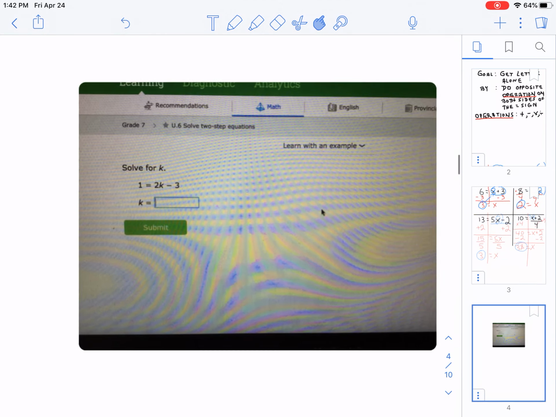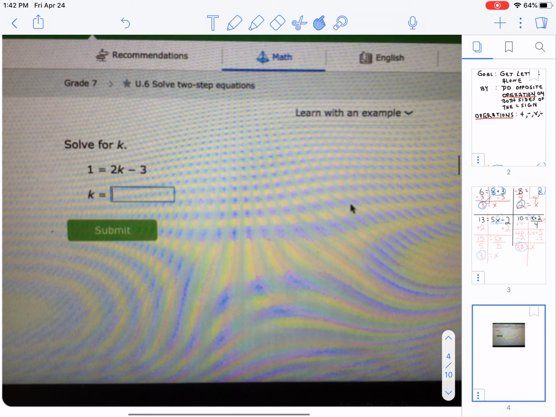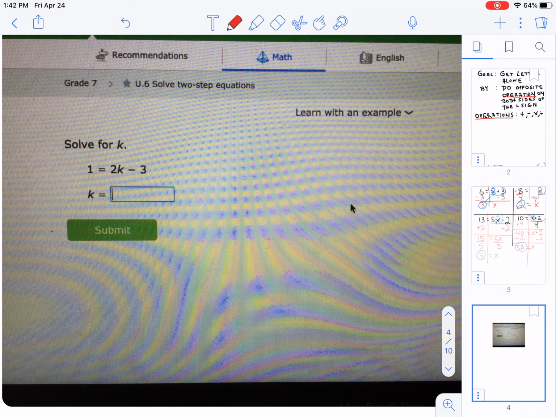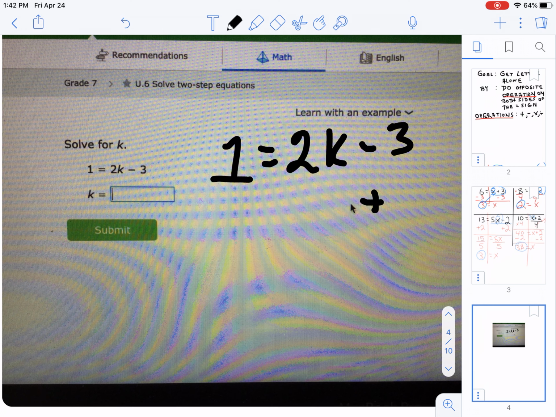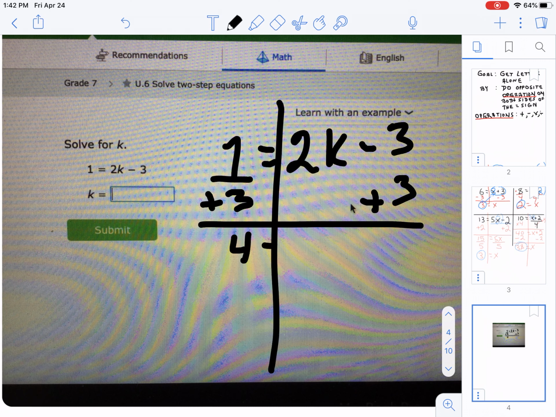Let's look at some questions on IXL. So we have 1 equals 2k minus 3. So to get the k by itself, I'm going to add 3 to the right side, which means I also have to add 3 to the left side. So 4 equals